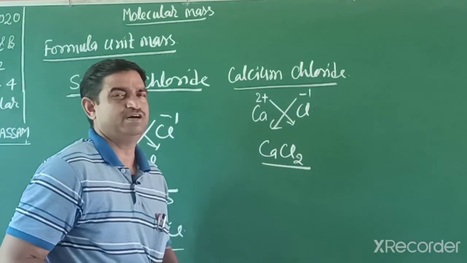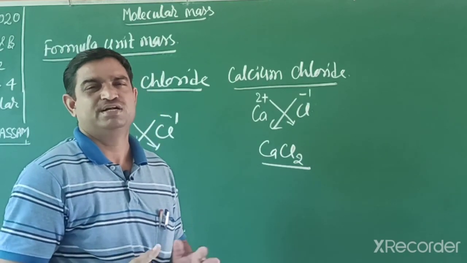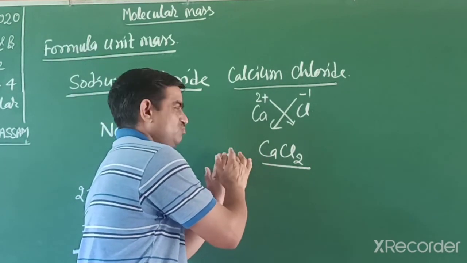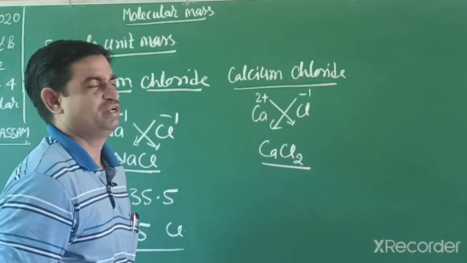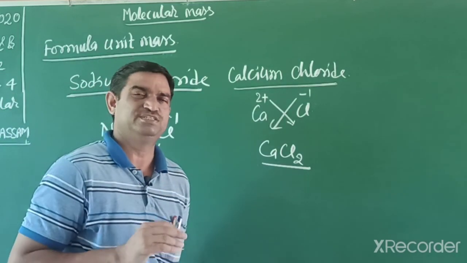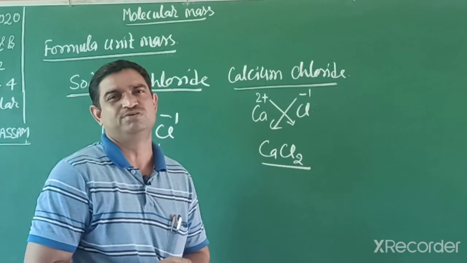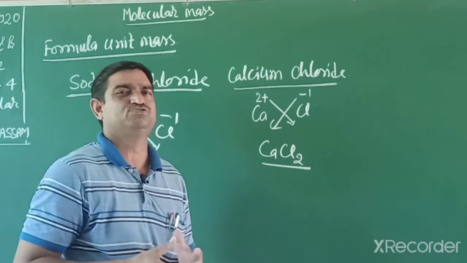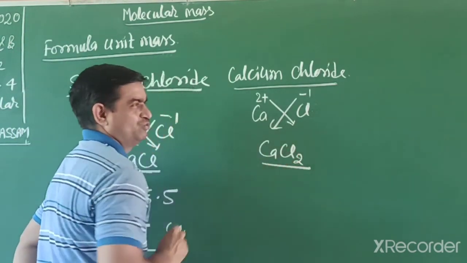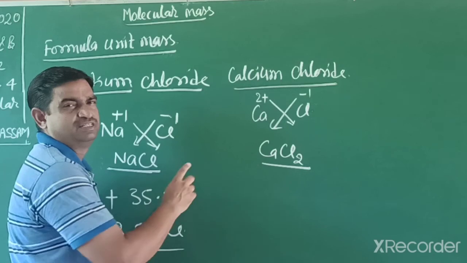So this is a formula, but in this formula many constituent ions are present, and they are tightly attracted to each other. The total sum of the ion masses in this formula is known as formula unit mass. There is no difference in formula unit mass and molecular mass, both are represented in a similar way, but a molecule may be a single molecule, while in formula unit mass millions of constituent particles are present. We find only the total sum of all the constituent atoms or ions in a given formula.